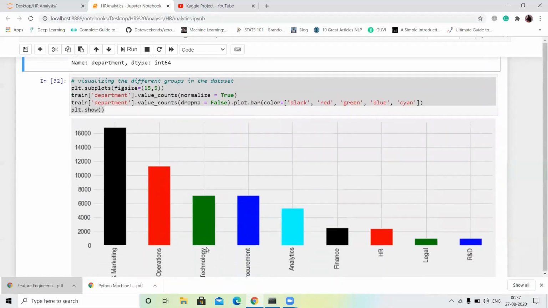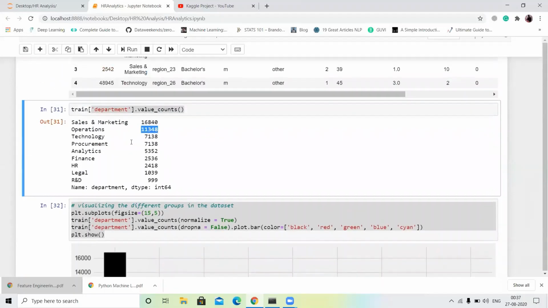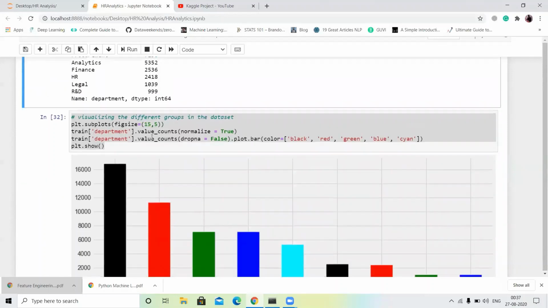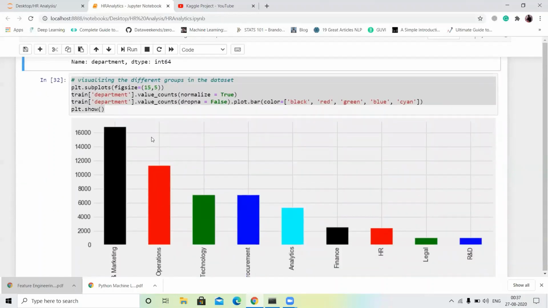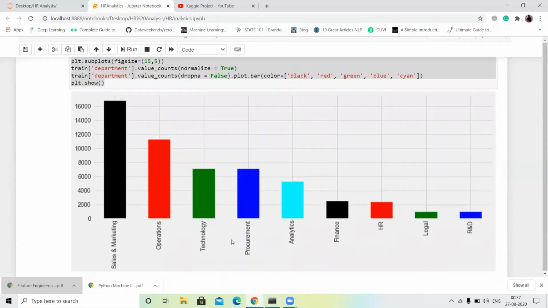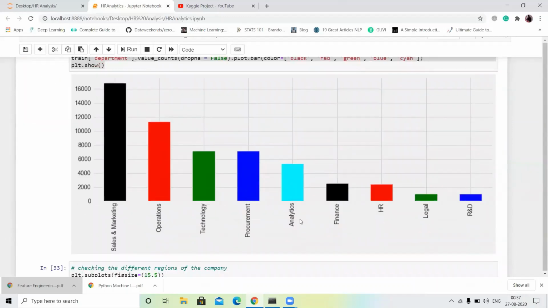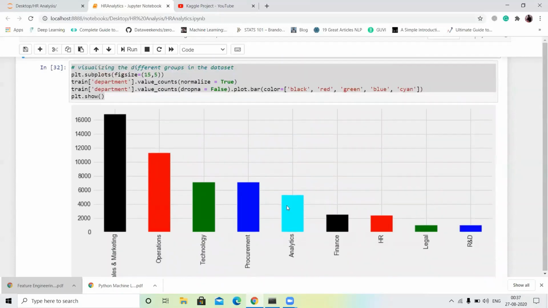The technology column is approximately 7,138. The same goes for procurement, analytics, finance, HR, and legal. So this is our bar plot.